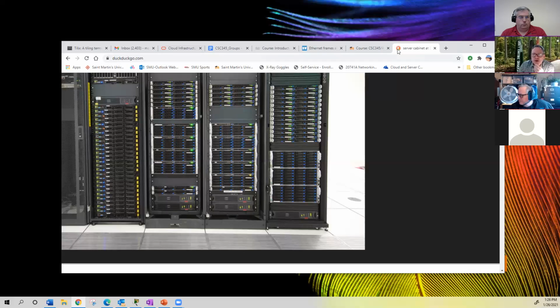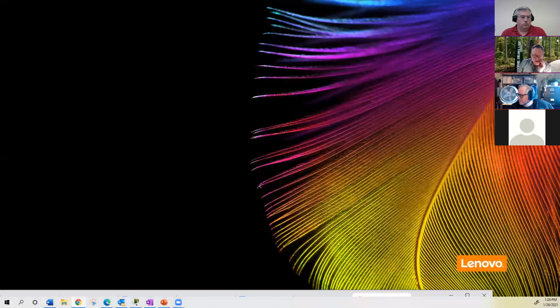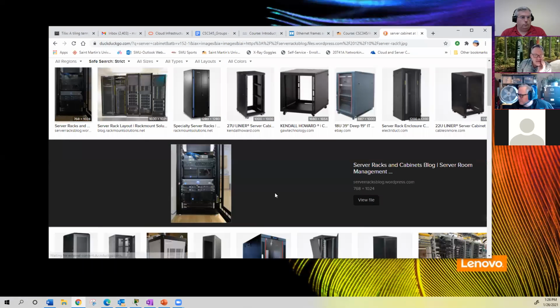So let's see, go back down. I easily can zoom it by just grabbing it with my fingers on my other screen there. It's a touch screen. Here's a cabinet, and it's normally just a metal mesh in front that allows airflow to go in. And you can have all sorts of different things in there. You can have switches in there. You see the cabling, the blue cable coming in for switches. You can have UPSs, you can have servers, you can have storage area networks. You can have a network storage. You can have even